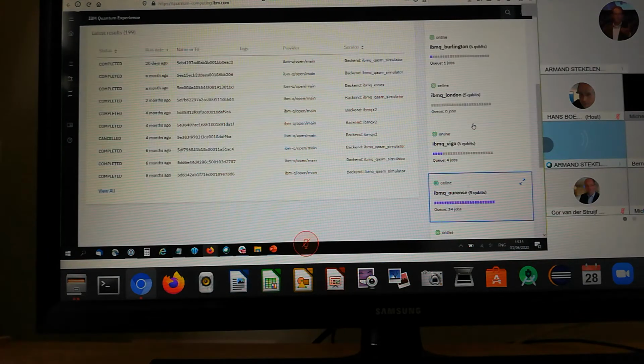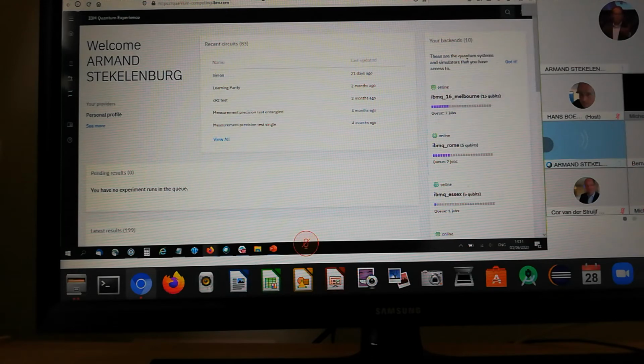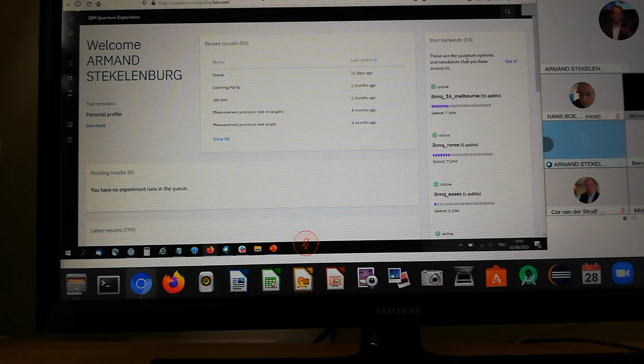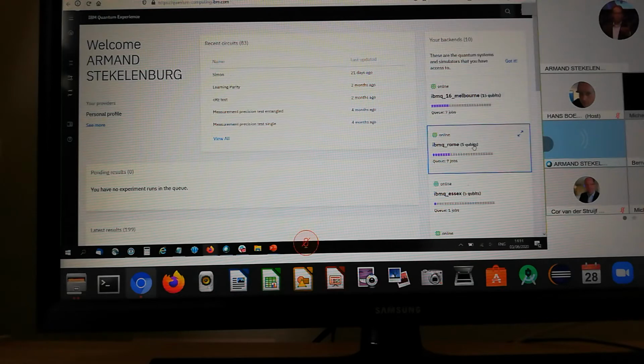We have other hardware as well. We have 20 qubit machines. We have up to 53 qubit devices. But those are not available to the general public. Those are available to members of the IBM Quantum network. But still, with this set, you can do quite a lot of experiments, and you can